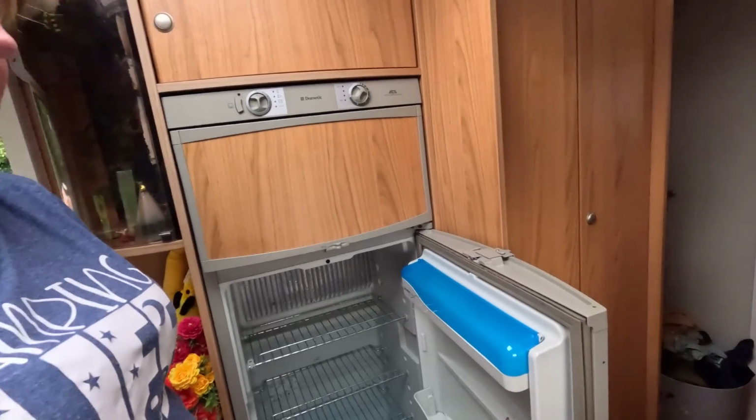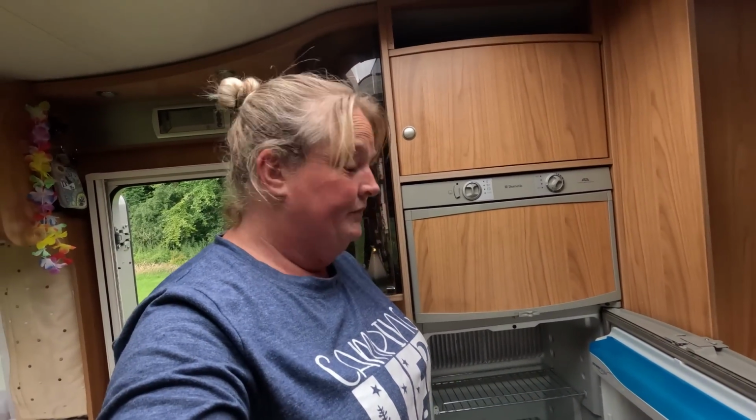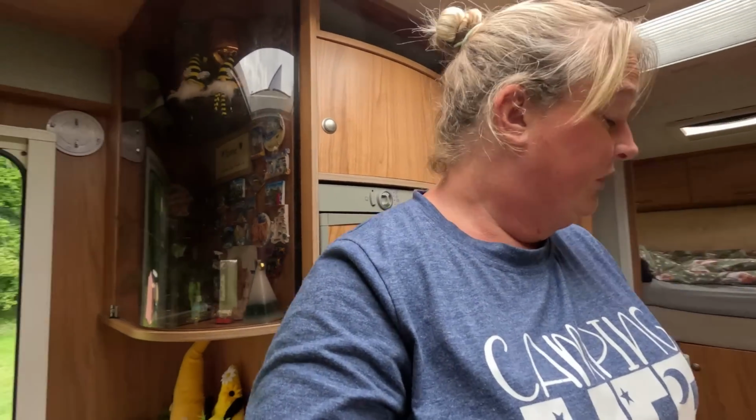So right, bit of cleaning to do, and then rearrange everything. It's not quite as big a job as what I thought, to be fair, so I'm quite happy with that. But just show you one job that I want to do when I've done this. Whether I'll have to wait for Steve to come back, I don't know, but these have been bugging me, and I think they just pop out. But